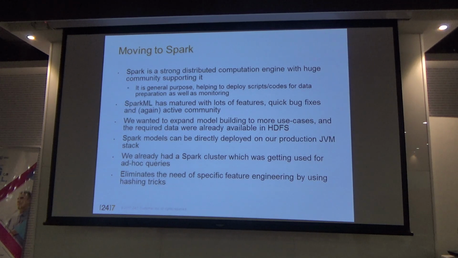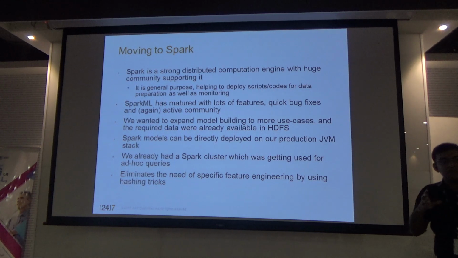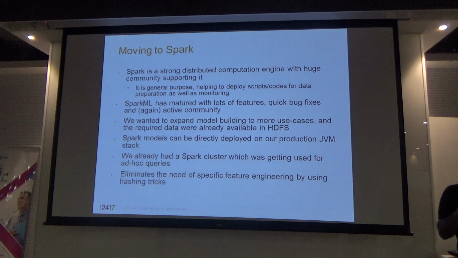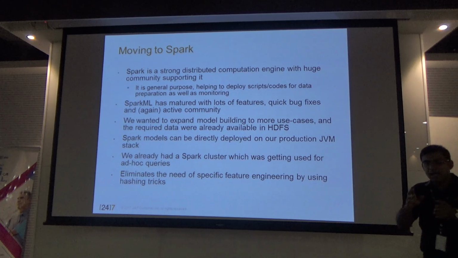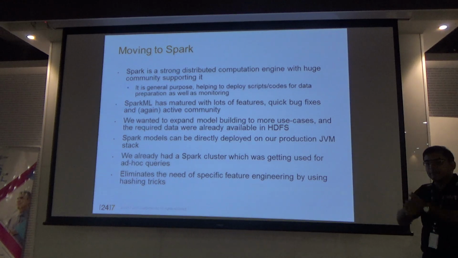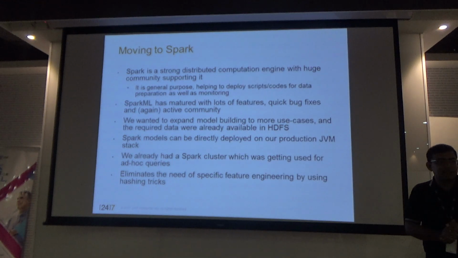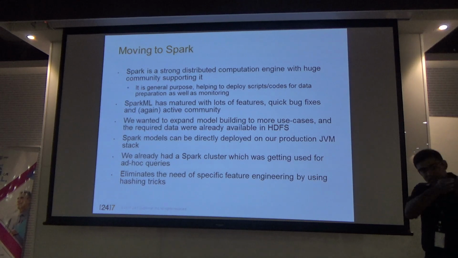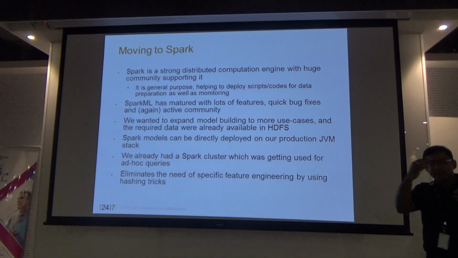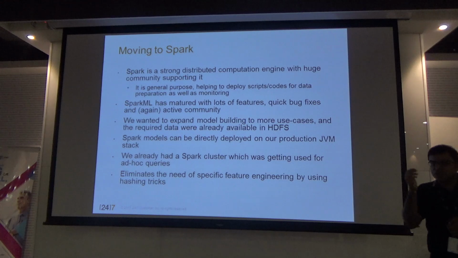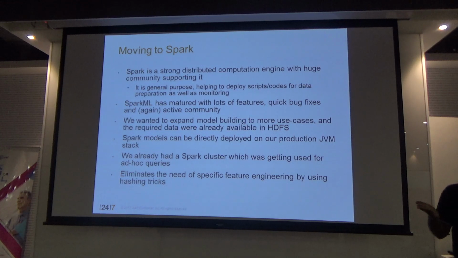Spark is a distributed computation engine with a huge community. Also, it is a general purpose tool. ML is just one of the things that needs to be done. That's not the only thing. There are a bunch of things that have to happen to the data before we can reach that ML step. You looked at Shashank's presentation, so you saw the amount of things that need to happen, including data munging and data cleaning. Most reports say it is around 80 to 90% of the work before you actually get to the model stage.